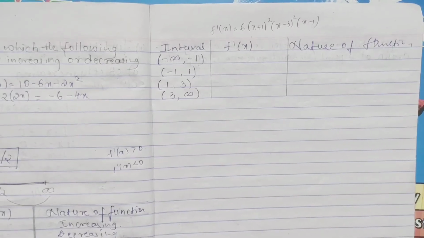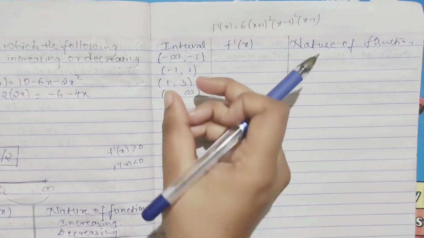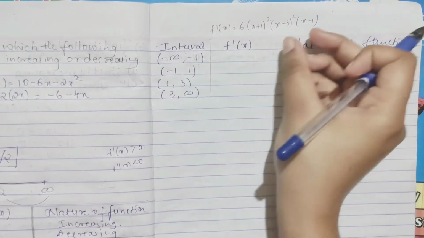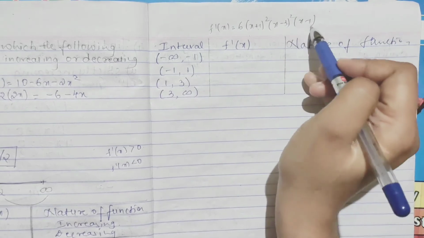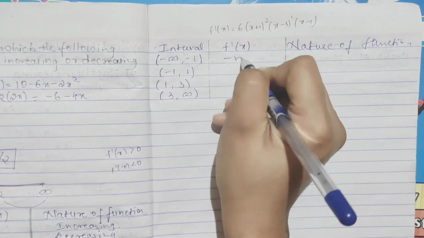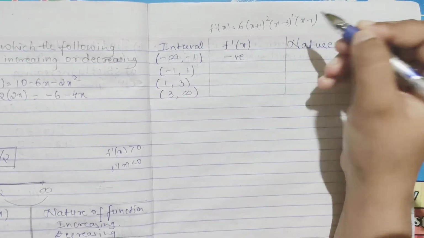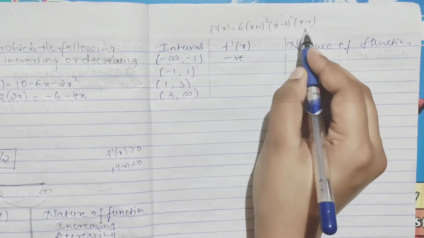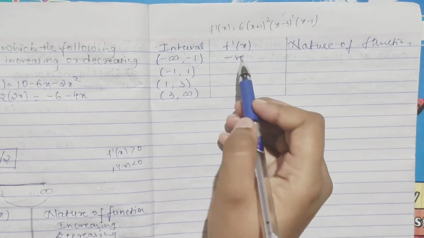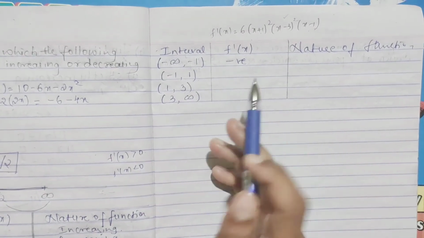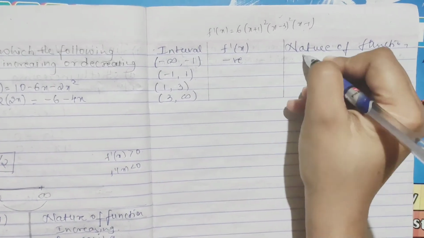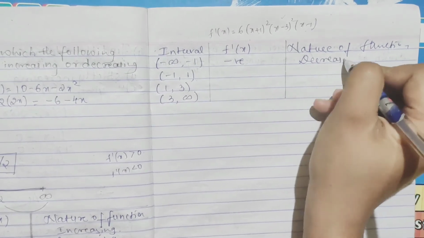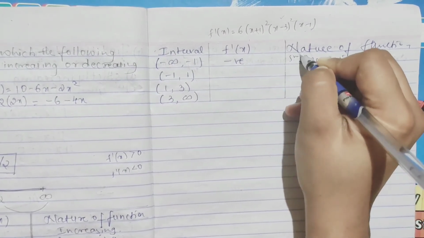So now we can see you have got the intervals. So check between minus infinity and minus 1: you put any value. Suppose you put minus 2 in this, you get negative itself. Here, if you put minus 2, this becomes square positive, this becomes positive, but here you will get negative. So positive into negative is negative. So if it is negative it means it is decreasing, right? So it is strictly decreasing, right? Here I am not writing strictly.